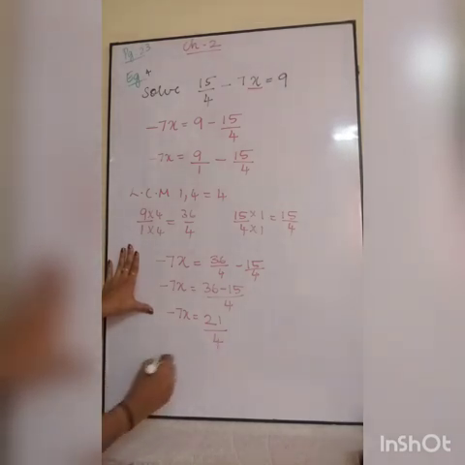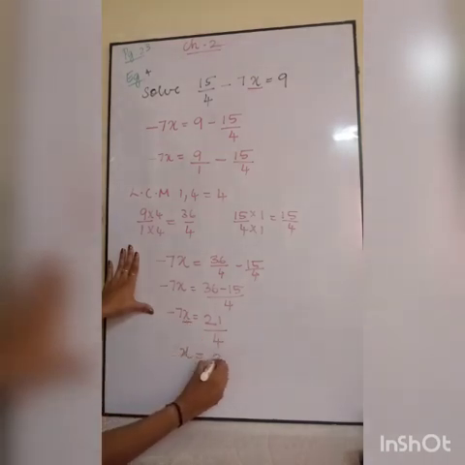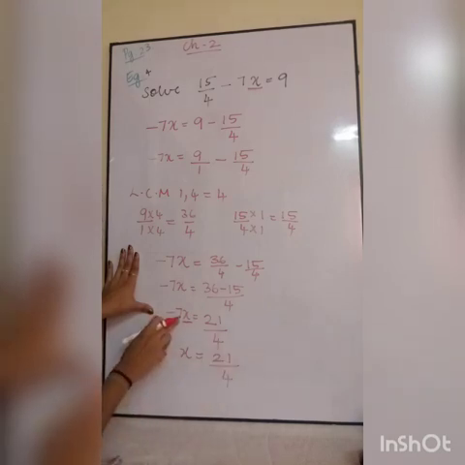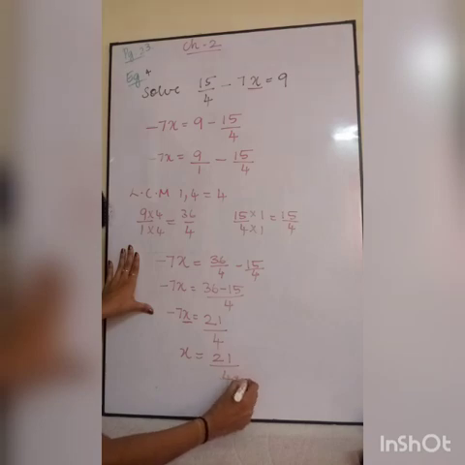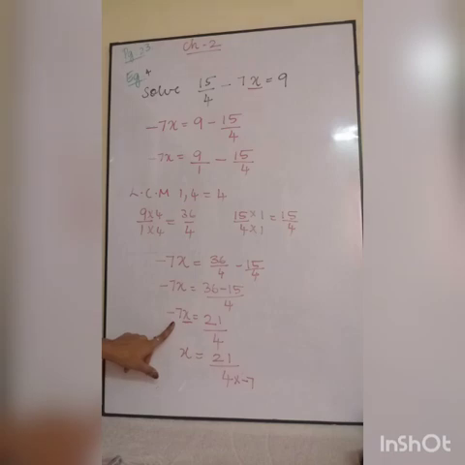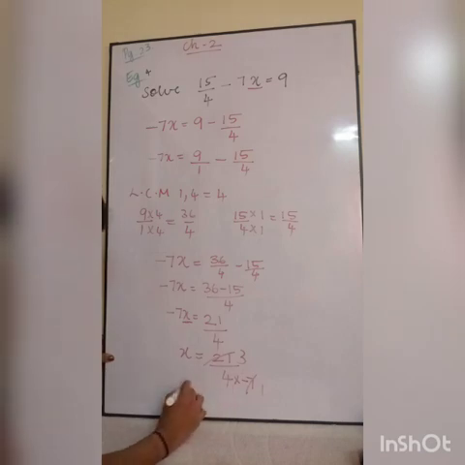Okay. Now, can we cancel this? No. So now I want only x, so I will write x as such, equal to 21 by 4. Then, shall I bring this down? If it comes down, it will come to the denominator side because it is multiplied. So if it comes that side, it becomes a division. So I wrote it under the denominator. Now, can we cancel this? 7 ones are 7, 7 threes are 21. Okay, now x is equal to minus 3 by 4.